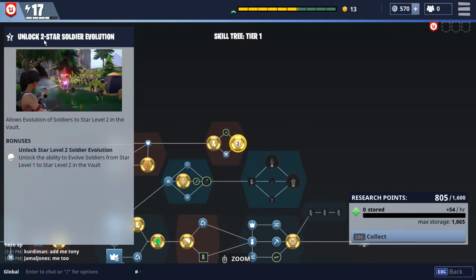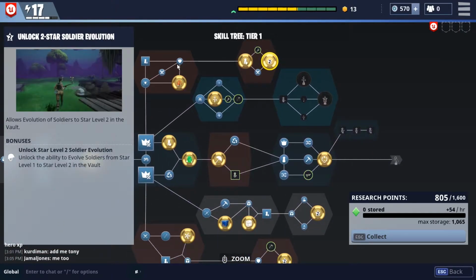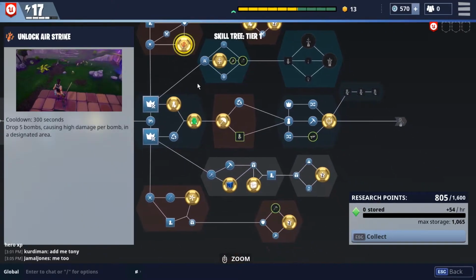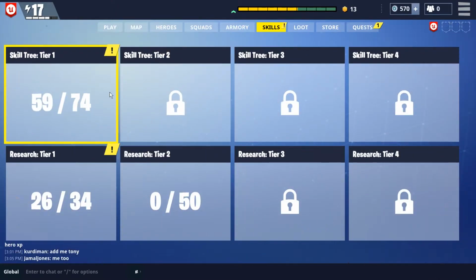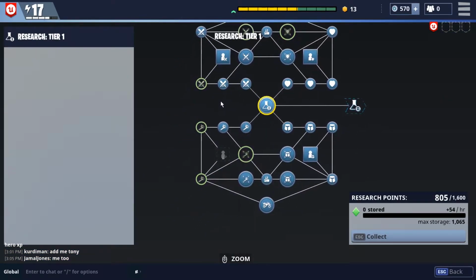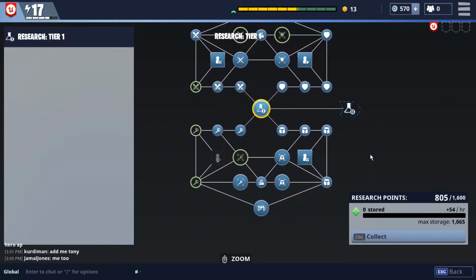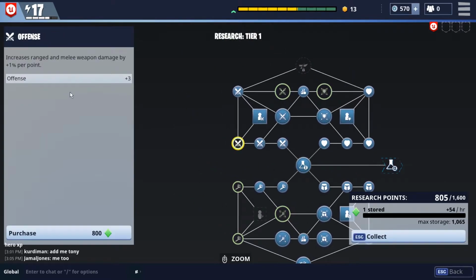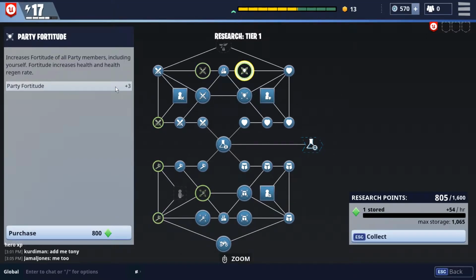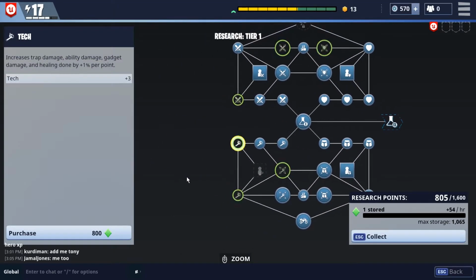You can also unlock further evolutions for your heroes, which we'll get more into later, as well as special moves like the airstrike. This is actually pretty useful when you're being overrun by enemies, so pretty neat. And then you unlock more skill trees as you progress in the game. So your research trees, that's what those green points are. I can spend those on various things: my offense, party offense, my fortitude, which is my health, and then also my tech,